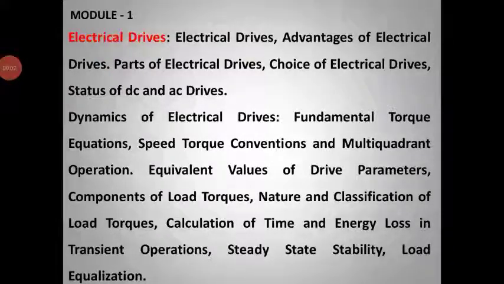Yes. Hello students. Welcome to the video lecture session on industrial drives and application. As our discussion is going under module 1, last class I have discussed about the